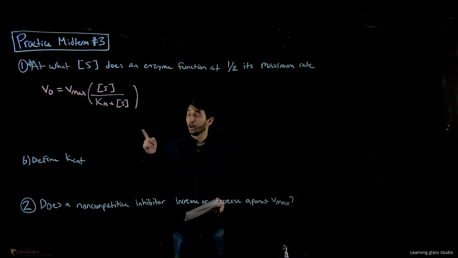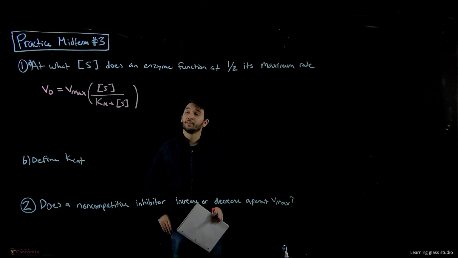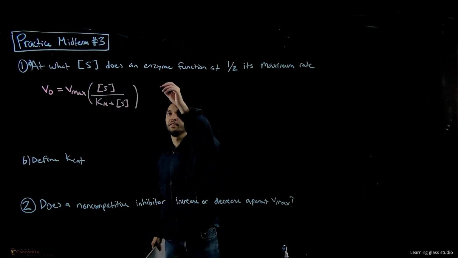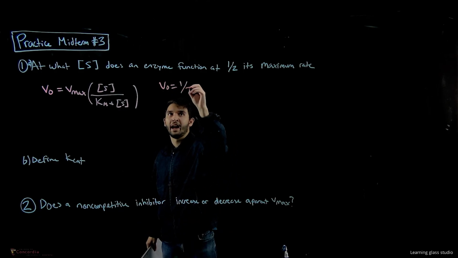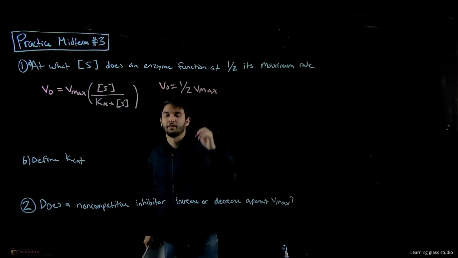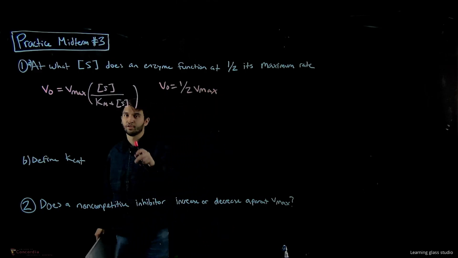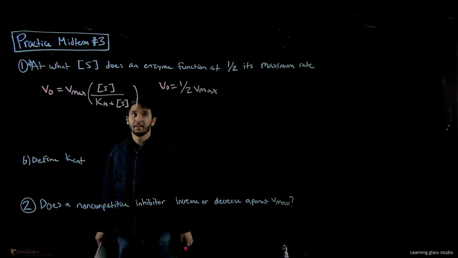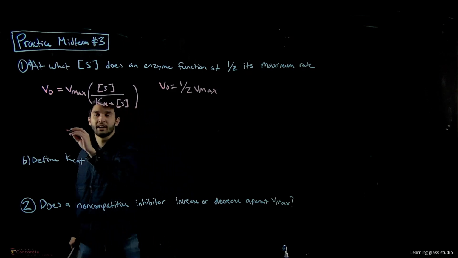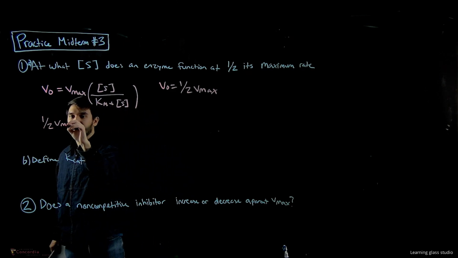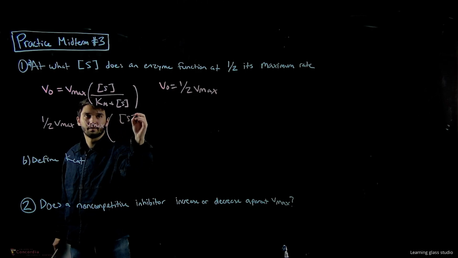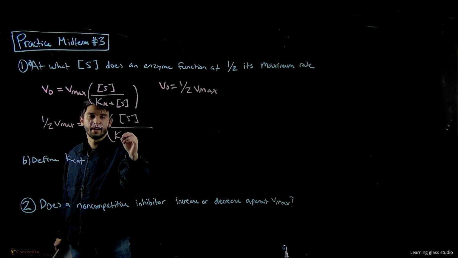So our first question is asking, at what substrate concentration does an enzyme function at 1/2 its maximum rate? So essentially what we're saying here is V0 is going to equal 1/2 Vmax. Okay, so here we can just use the hyperbolic equation for enzyme kinetics, and we can just substitute this in. So we get 1/2 Vmax equals Vmax times substrate divided by Km plus substrate